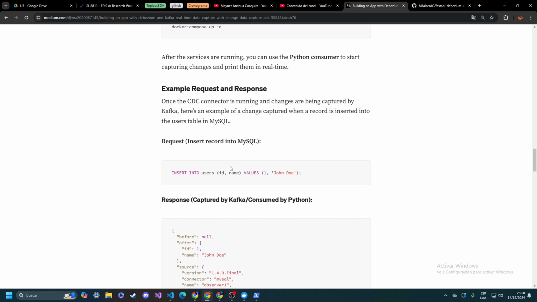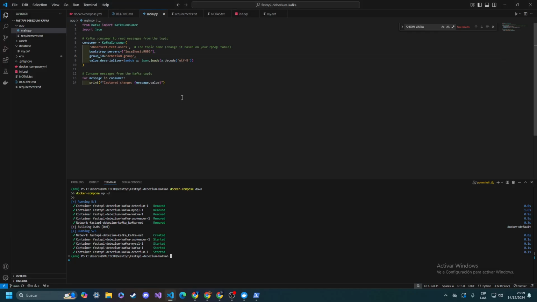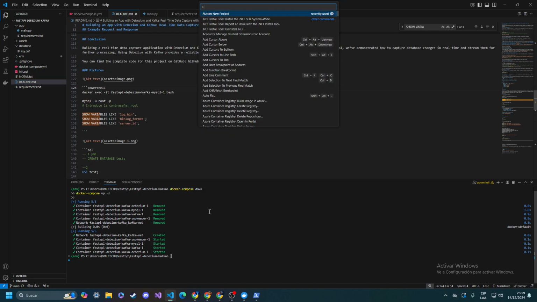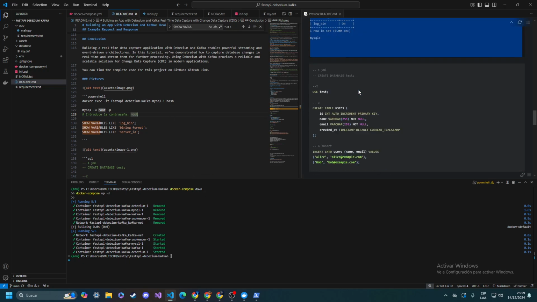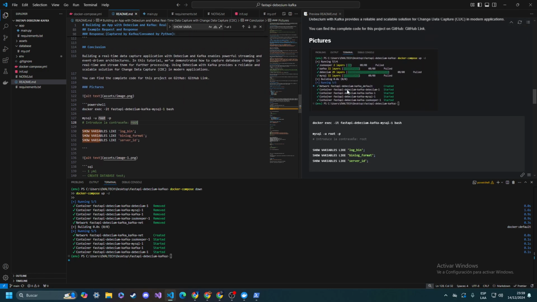And for example, request and response. When a new record is inserted into the MySQL database, it is captured and streamed as a message in Kafka. I have captures of this in the readme file. Here it pulls the image of all containers